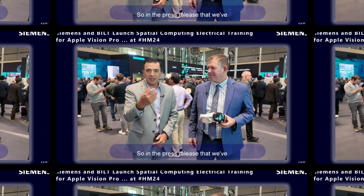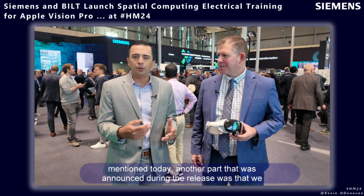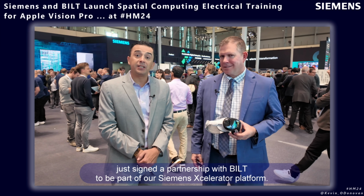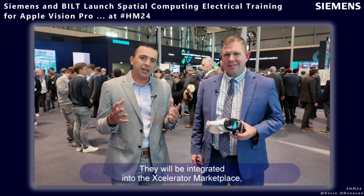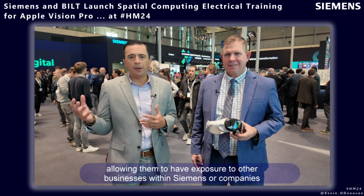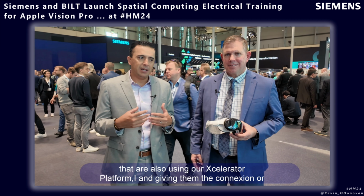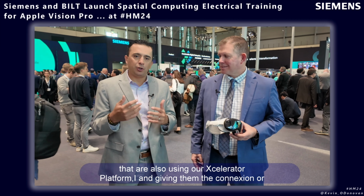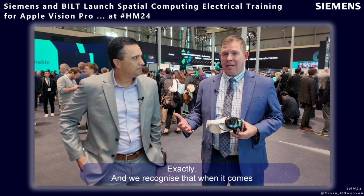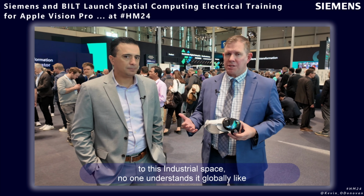So in the press release that we've mentioned today, another part that was announced during the release was that we just signed a partnership with BILT to be part of our accelerator platform, right? They will be integrated into the accelerator marketplace, allowing them to have exposure to other businesses within Siemens or companies that are also using our accelerator platform, and giving them the means to connect with other potential customers, right? Exactly,